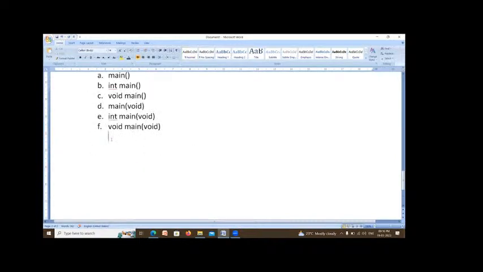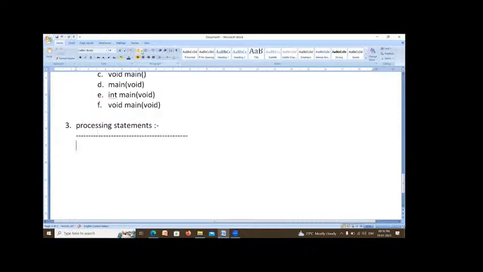Now the third part is called processing statements. Processing statements are actually the solution to the program. It explains three things. One is what to do in order to solve a problem.